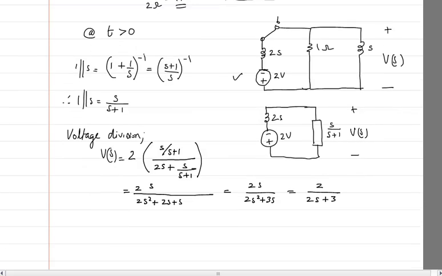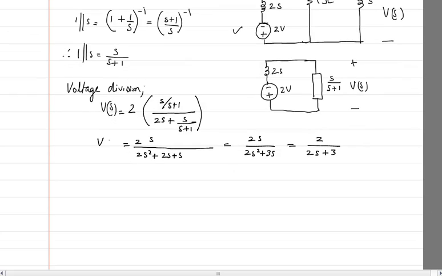Now if I want to make my value such that S is having one coefficient, so I will get V of S dividing by 2. So dividing by 2 means 2 divided by 2 in the numerator, and the denominator 2S divided by 2 will give me S, and then 3 by 2. So this gives me 1 divided by S plus 3 by 2, and taking